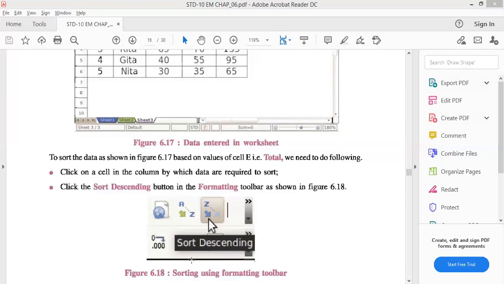Hope you are able to see this data properly. Now, what is meant by sorting? Right now this data is in ascending order. Now I want to sort this name in ascending order. A first, then B, then C, this way. Otherwise I want to arrange this address in ascending order. Just select it. The options are here.